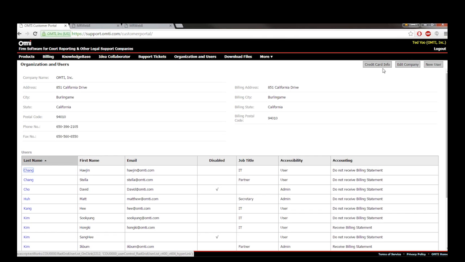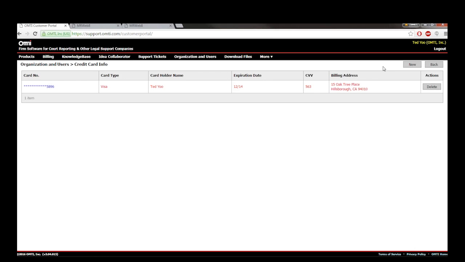Also, in here, if you want to update your credit card that's on file for payments, you can click on the Credit Card Info button at the top, and in here you'll notice that the card is in red. That's because the expiration date is expired. By clicking on the card number link, you're able to edit your card. Keep in mind that only administrators and users who belong to an accounting group can access these features. The main purpose of this system is to help all of us be automated. There's no need to make calls and wait for us to pick up to update your company information.